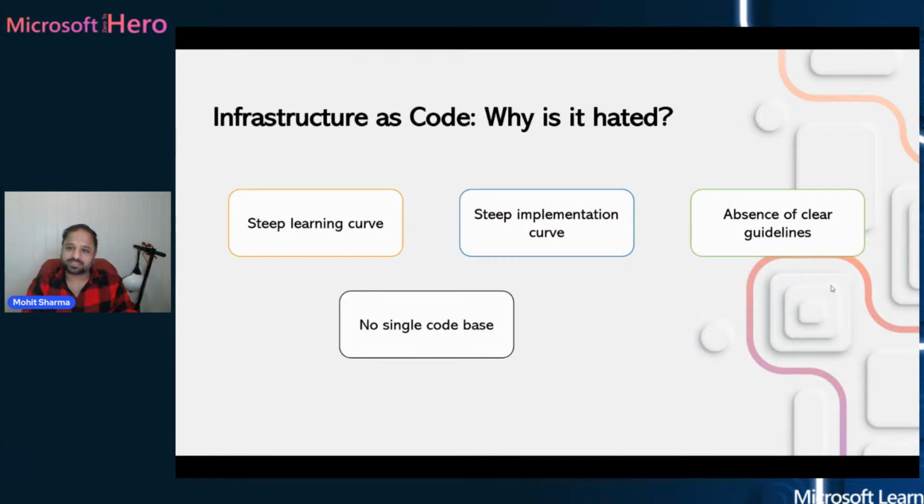Now, why is infrastructure as code hated so much in certain organizations? Yes, it is adopted forcefully sometimes, and yes, it might not have been explained in a very good way. So that is an obvious reason. But there are other things too. People who are already working with code might find it challenging to adopt a different kind of language. So it has a steep learning curve,